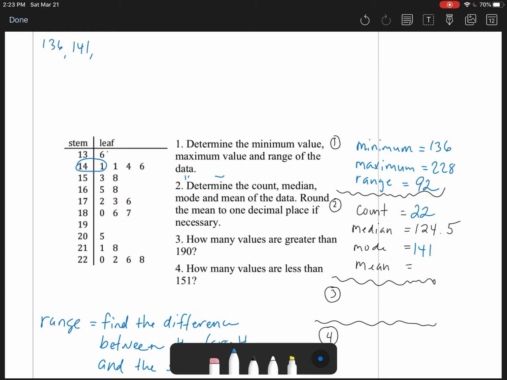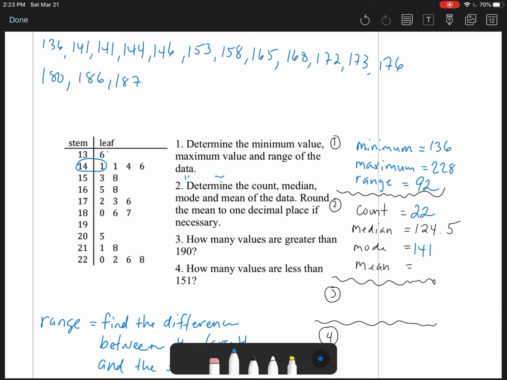We have 136, 141, 141, 144, 146, 153, 158, 165, 168, 172, 173, 176, 180,